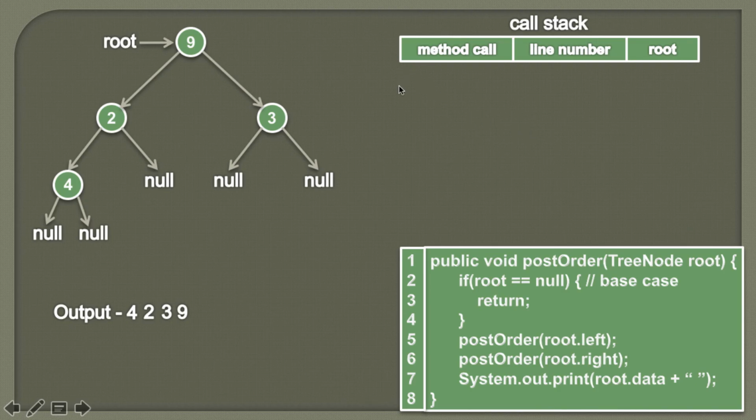And once this is removed from the call stack, we know that there are no more methods left to be traversed. So here we have actually successfully executed this recursive post order traversal to this binary tree, and we have printed each and every node on the console as 4, 2, 3, 9. So friends, this was the demonstration of the algorithm. Now let's go to Eclipse and see the working code.